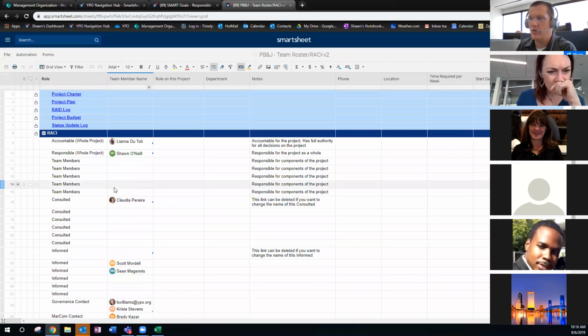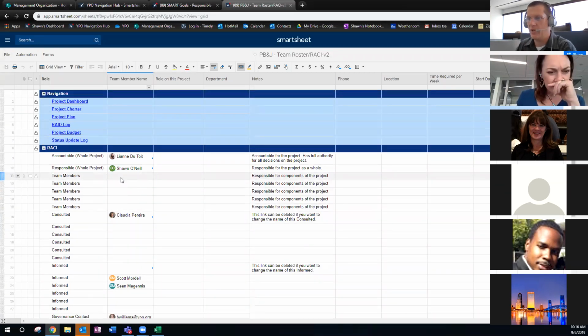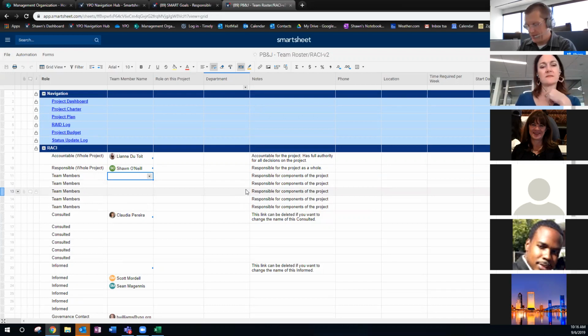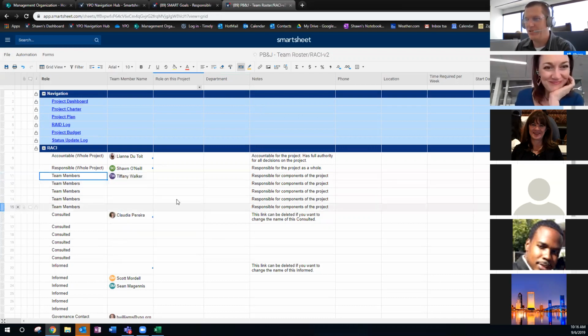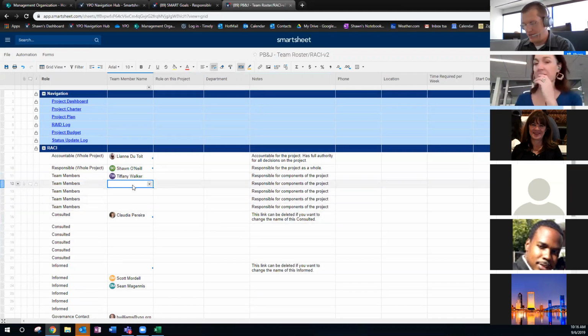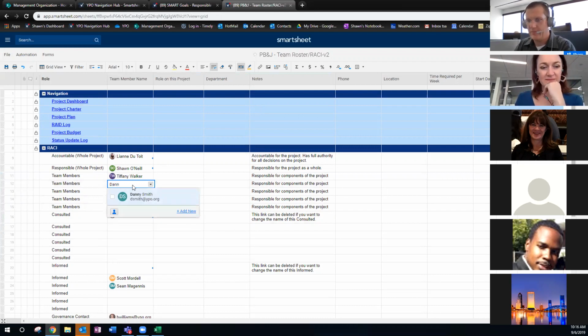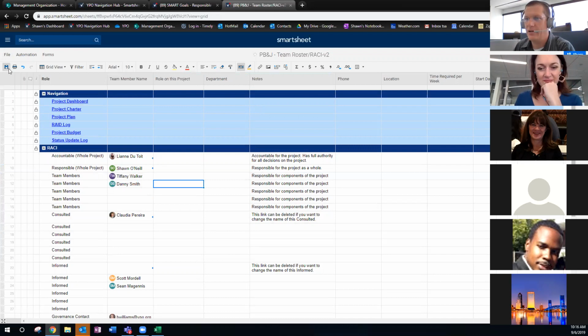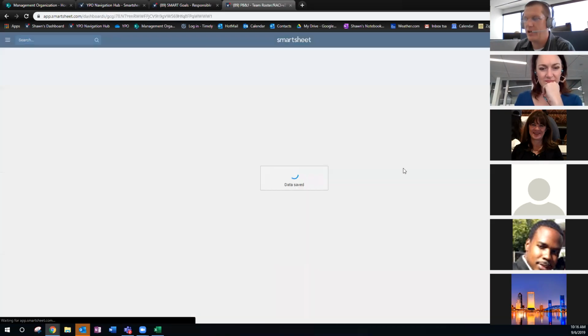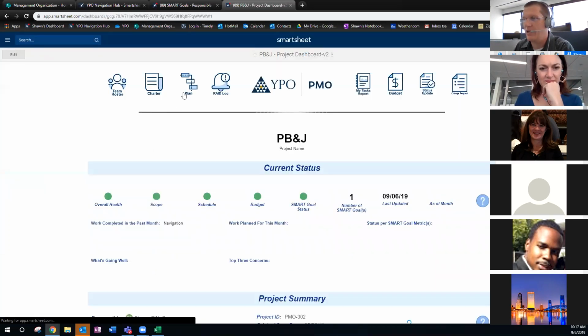So I'm going to pretend we've already put most of our people in here, but let's say I'm going to add in Tiffany. So she's one of our team members. And so she's in here. And then we'll have Danny as a team member too. All right, so we have our team members in here. And so we've got that if we go back to our dashboard. So we've got our team members identified. Let's go look at our